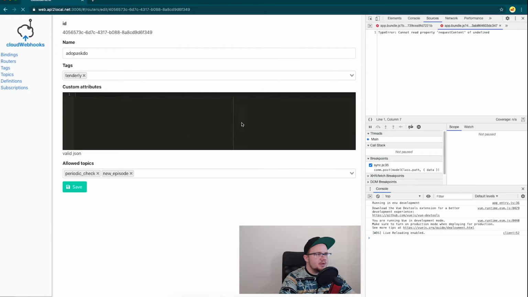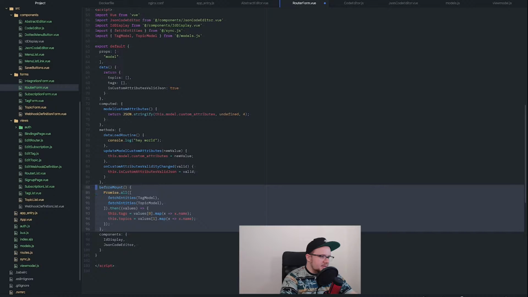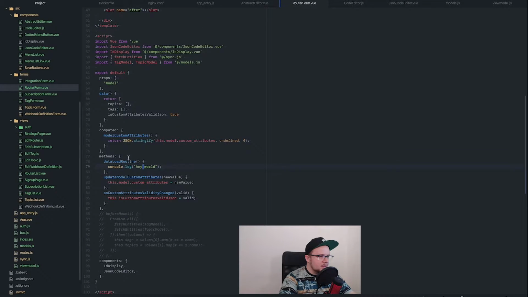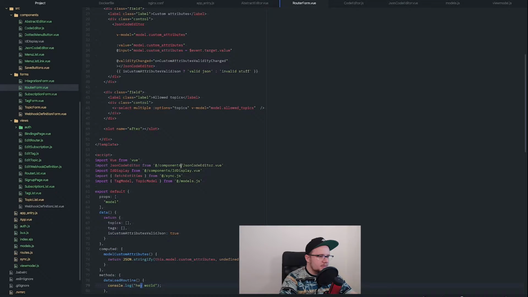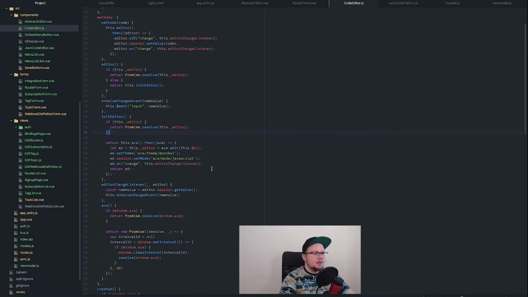And it fetches the model that is going to be edited. Yeah, this is not necessary. Let me comment all this code so it's less of a data load, less of a distraction to have. Anyway,